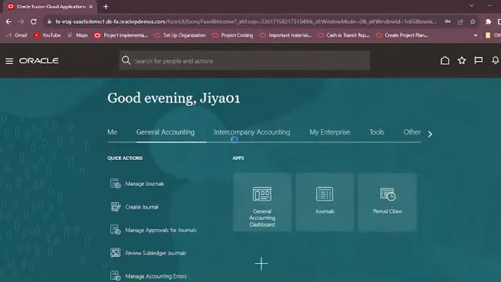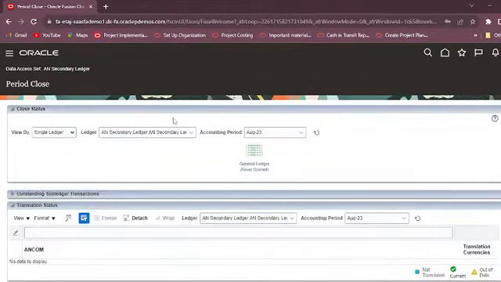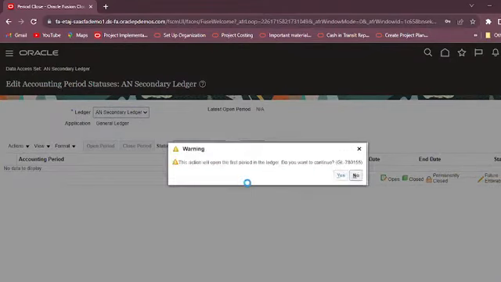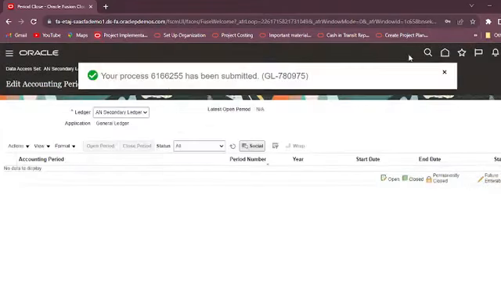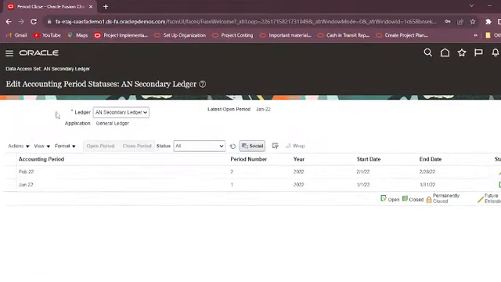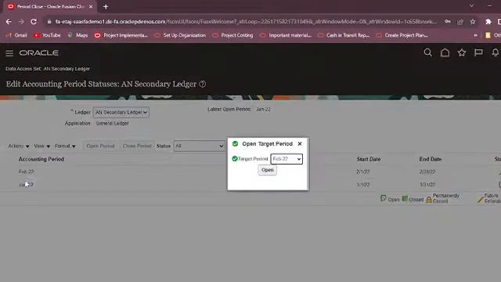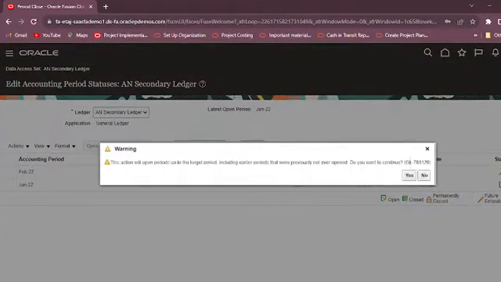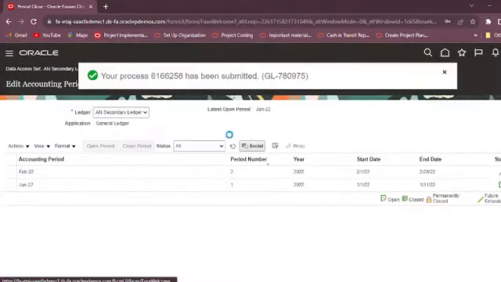Go to period close and open the period for this ledger. Click on open. Here you can see that this user only have data access for secondary ledger. Now go to actions and click on open target period, and let's take it as current period. Click on OK, then click on done.